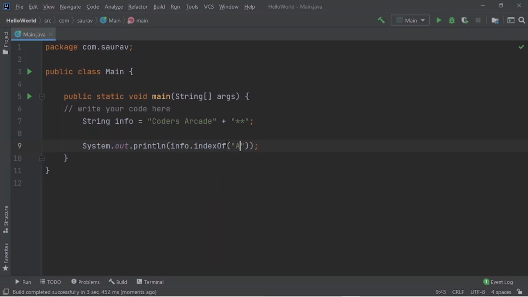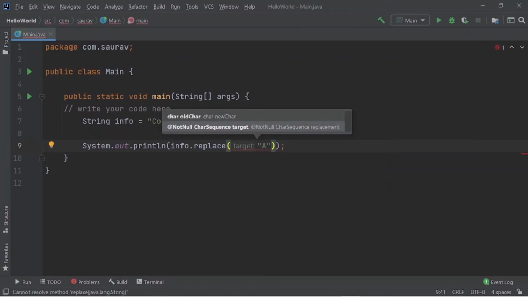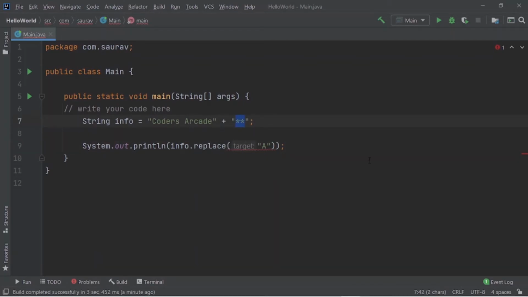And now we have one more very important method in strings, which is the replace method. Replace has two parameters. The first one is the target parameter. Actually we are targeting, let's say, these two stars. So I will just copy this and put it here, and write replace.